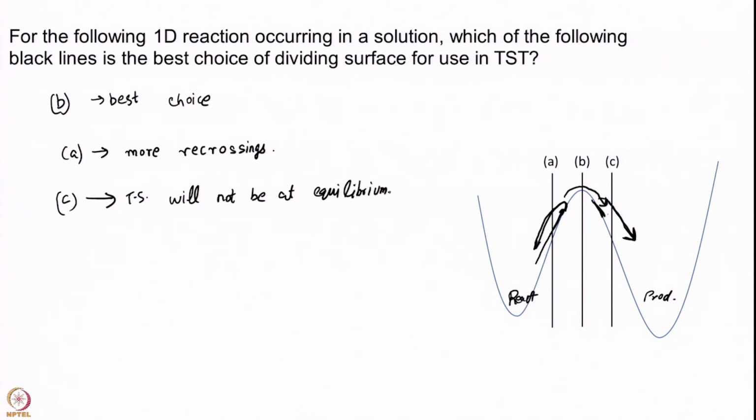Well, again you can think of it intuitively. You have these trajectories that are coming up and they are just forward crashing into the products like this. So, there is no reason that at C you can expect a good Boltzmann distribution, e to the power of minus beta h. There the velocities are much faster, because trajectories are coming up and then crashing like this. So, the transition state will not be at equilibrium, and the other assumption does not hold very well. So, B is the optimal point where you will get minimum recrossings as well as the equilibrium assumption will hold better. Okay.